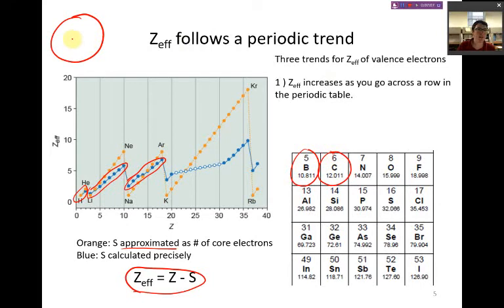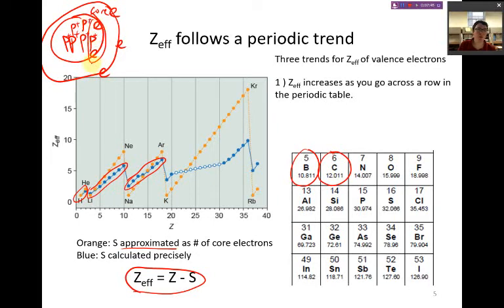Now, remember what we said, though. We know the protons go into the nucleus, and the electrons are going on our outer shell. So if we take a look at boron, it has 5 total electrons. It has 2 electrons in the core, and then we're adding electrons on the outside as we think about going from boron to carbon. So in boron, the outer electrons are being shielded by these core electrons. If we now look at carbon,